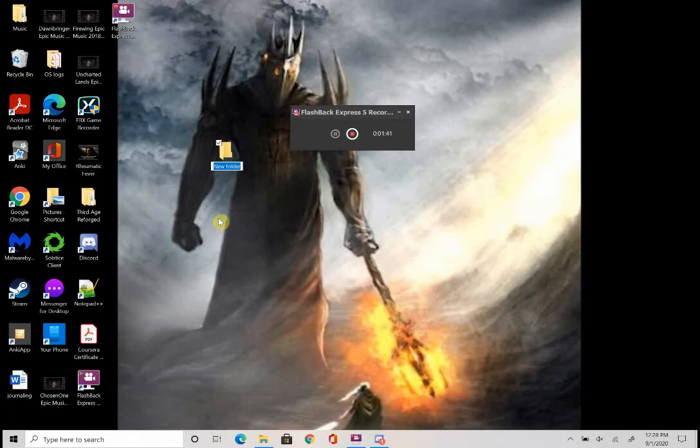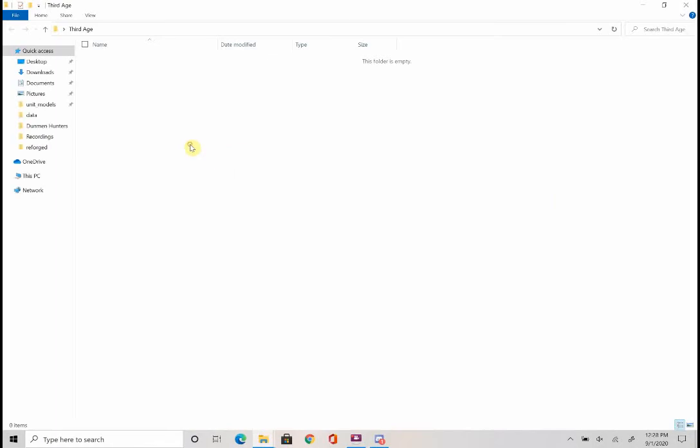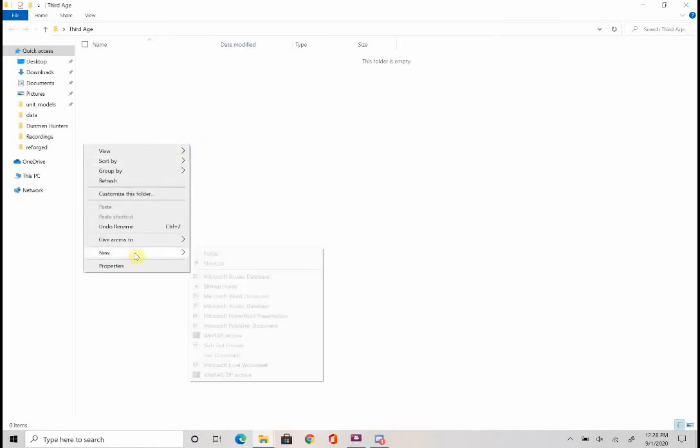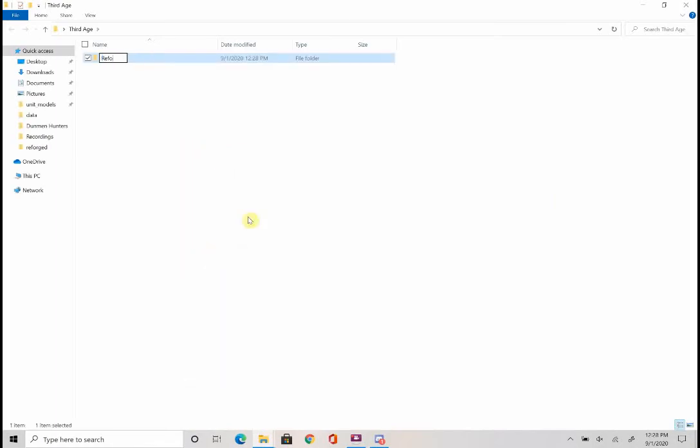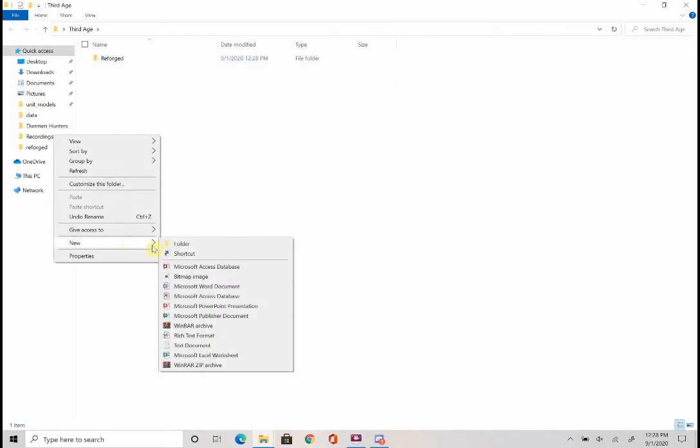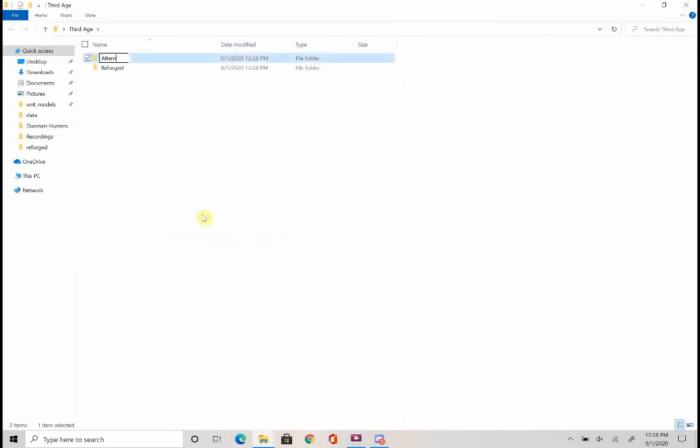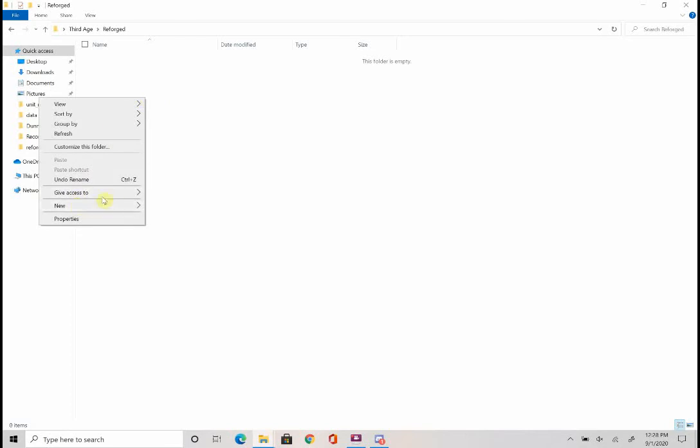So we're going to create a folder here on my desktop called Third Age, just Third Age. I'm going to open that, and create a new folder here called Reforged. And I'll create another folder called Alternative Reforged. Right. Now, in each of these, you're going to want to create a folder,